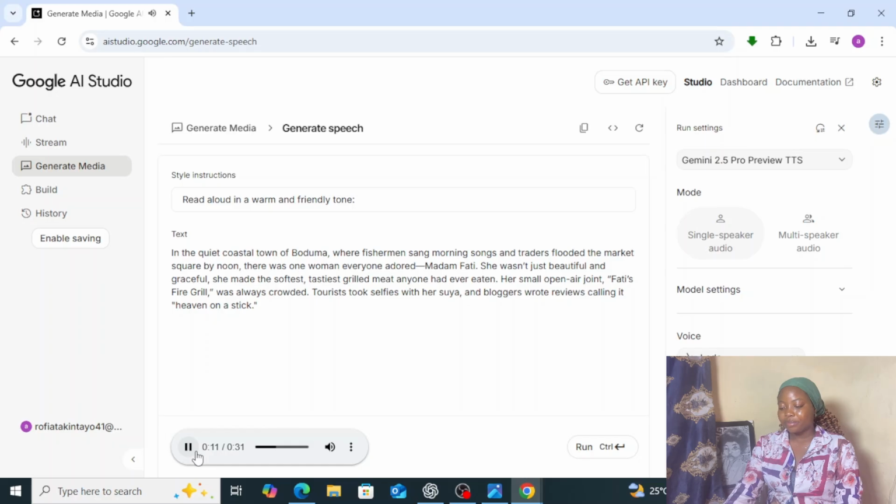Madame Fati. She wasn't just beautiful and graceful, she made the softest, tastiest grilled meat anyone had ever eaten. Her small open-air joint, Fati's Fire Grill, was always crowded. Tourists took